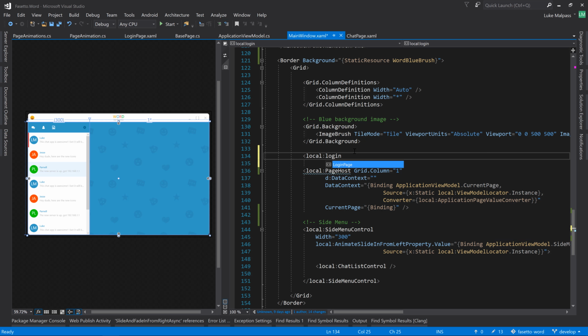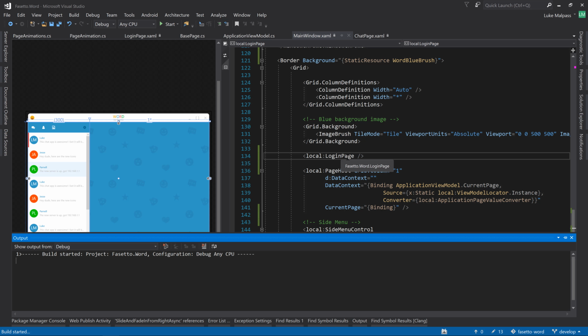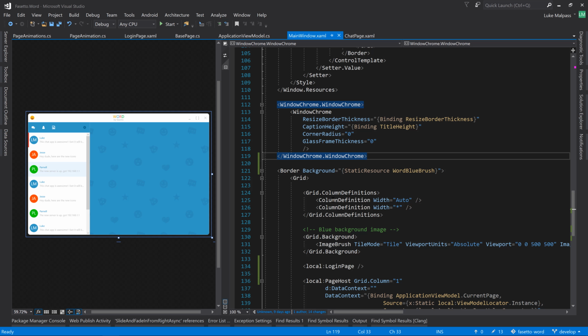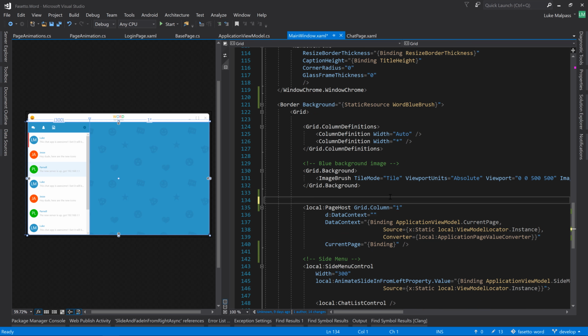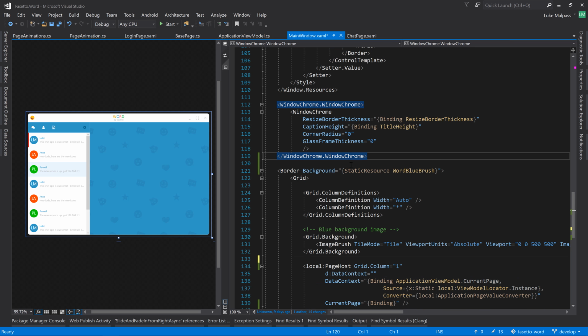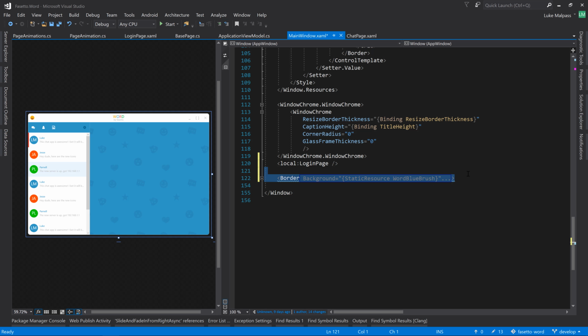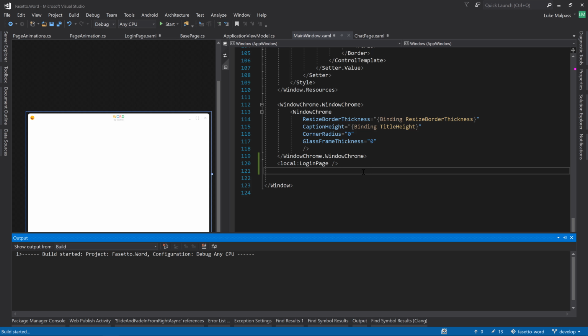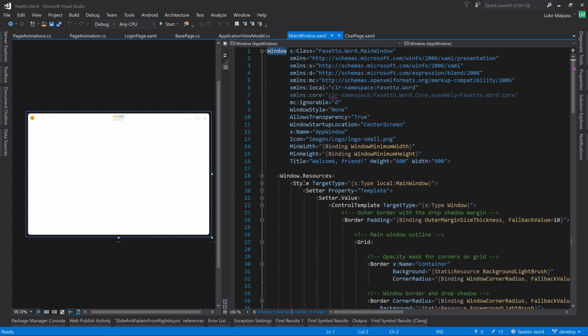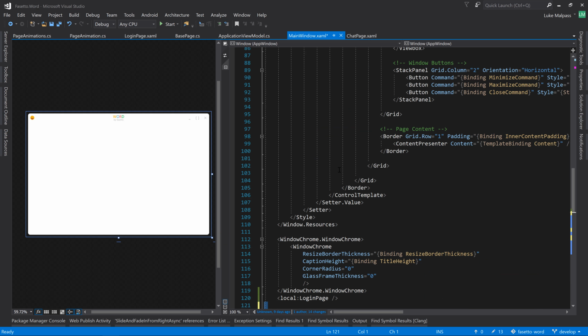So let's do, say, login page. And it still doesn't want to show. Okay, let's move it out. Again, I think we might just need to clean Visual Studio, restart and reopen, because we did see it earlier when we were doing this. Or perhaps